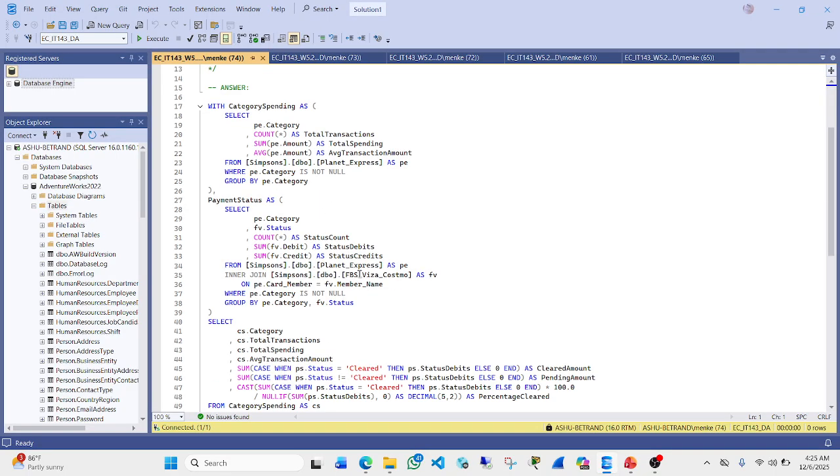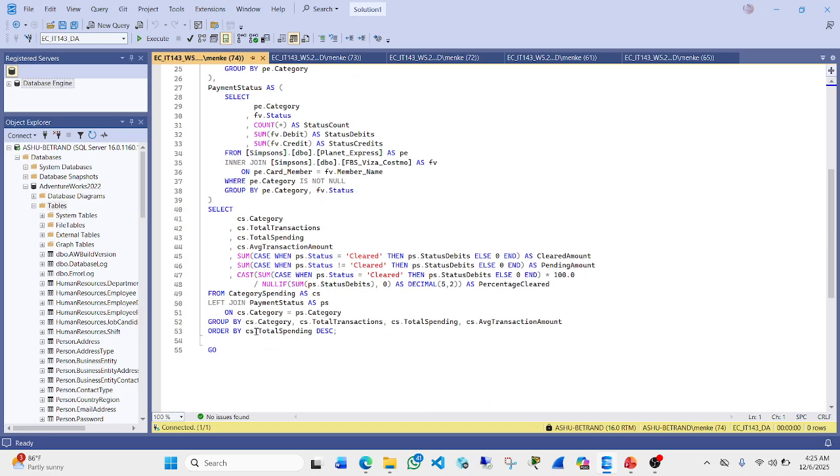Now the payment status here is going to break down the payment by status and category. Then you just need to join them, and you calculate the cleared amount, the pending amount, and the clearance percentage. So when you execute this,